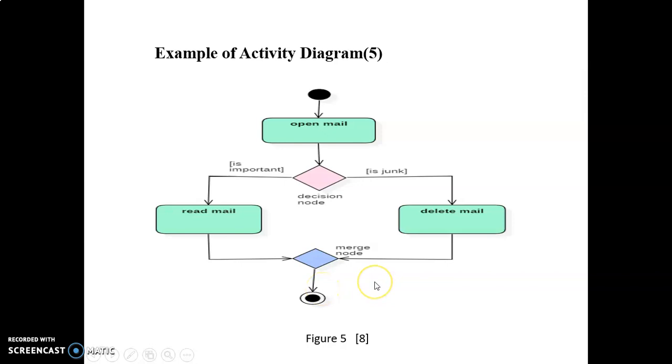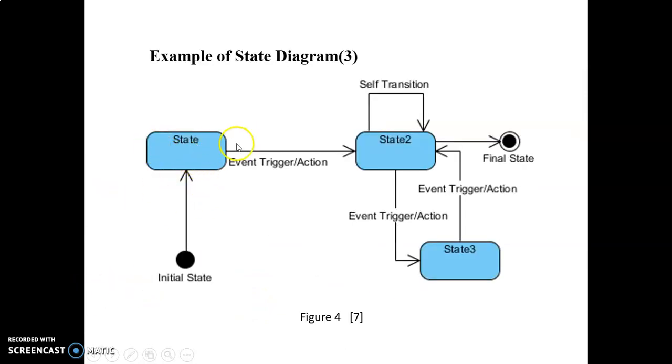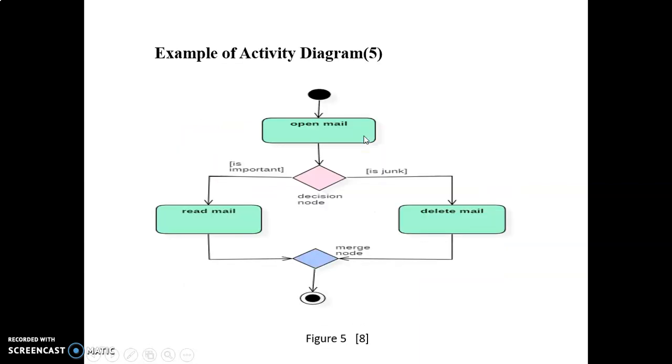Okay, so a state diagram is somewhat different from an activity diagram. In an activity diagram, the decision sign and the entity sign are somewhat different from the state diagram. And for a state diagram, we have to give a state name, then the action, then the condition for transition from one state to another. But in an activity diagram, we are just writing our decisions here. In this way, there are some differences.